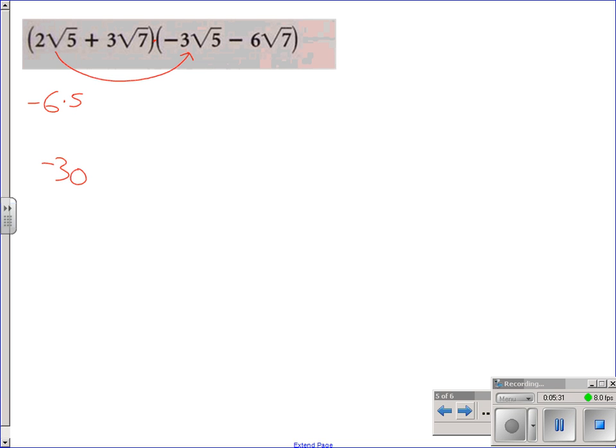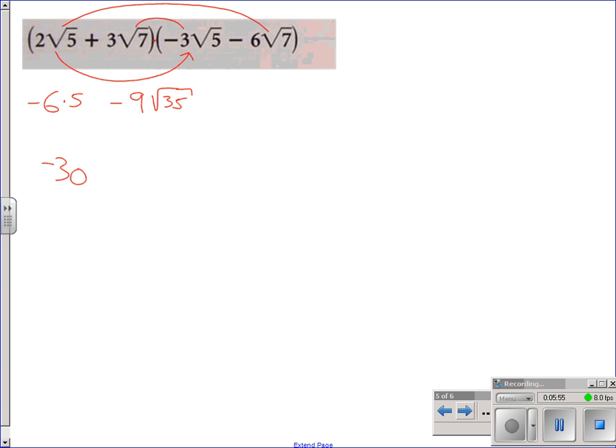All right, we're going to do the inside terms. I don't know if I'm spelling FOIL right or not, but we got to do the inside terms anyways. 3 times negative 3 is a minus 9. Square root of 7 times square root of 5 is the square root of 35. We can only do that because it's a multiplication. The last terms,